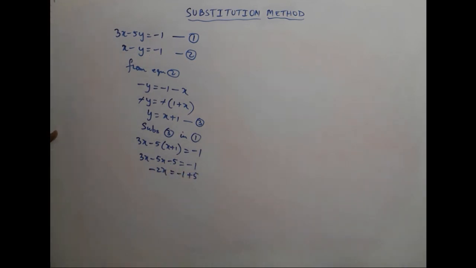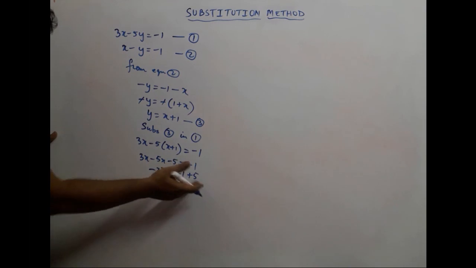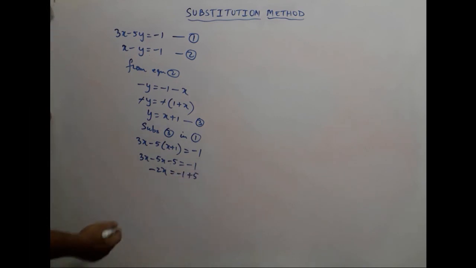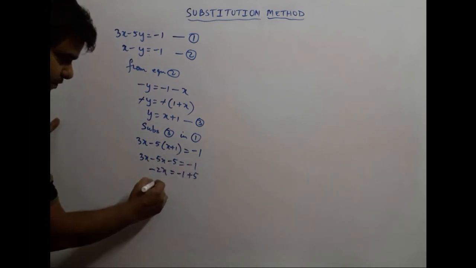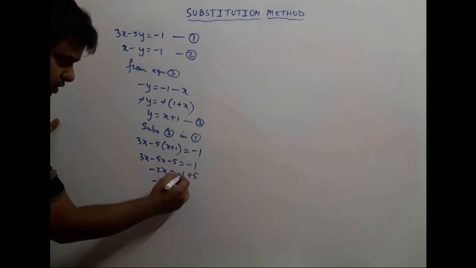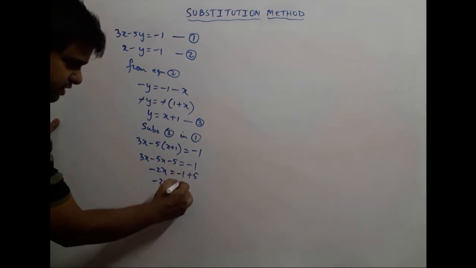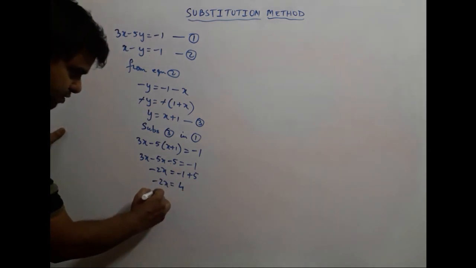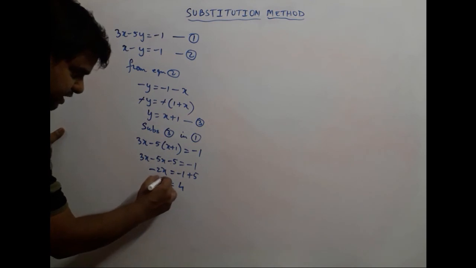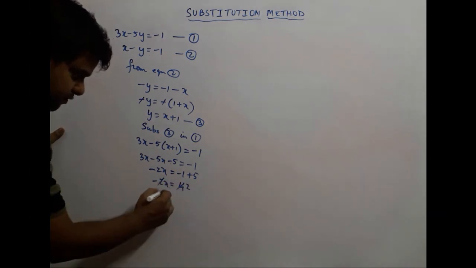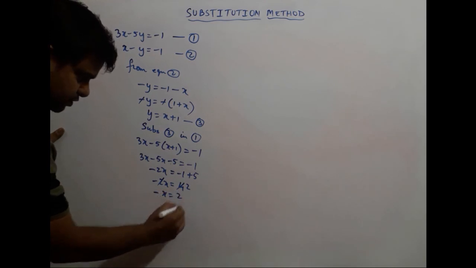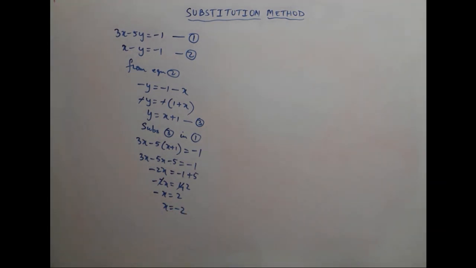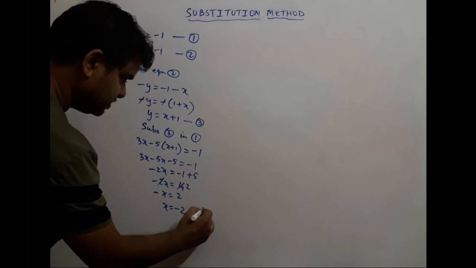This step can be avoided, okay, when you go to solve for your SSC exams. This step is not necessary, directly you can get it, but for now I am showing you how you get it. Minus 2x equal to minus 1 plus 5 gives us plus 4. Okay, so then we get minus, and this will cancel, 2 1s are 2, 2 2s are 4. So we get minus x equal to 2, which we write as x equal to minus 2. Got it? So now we mark this as 4.